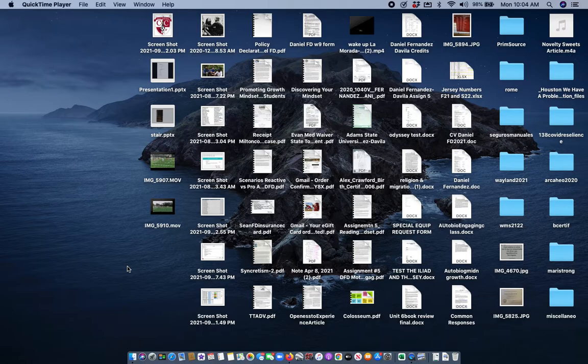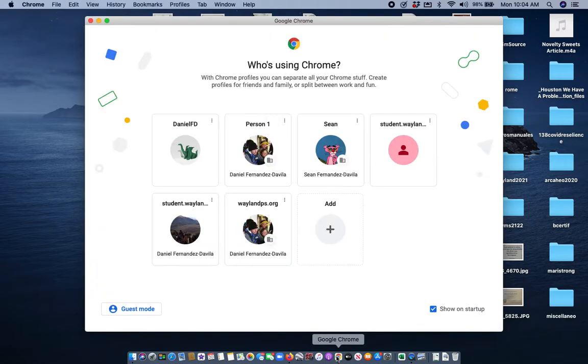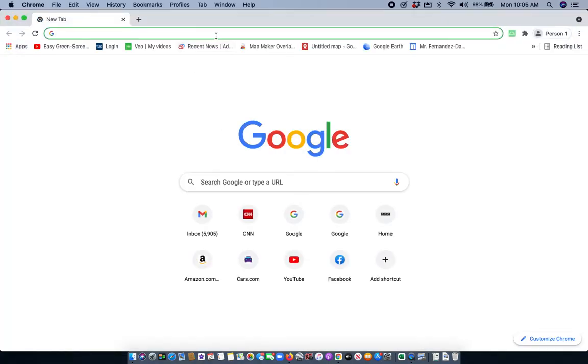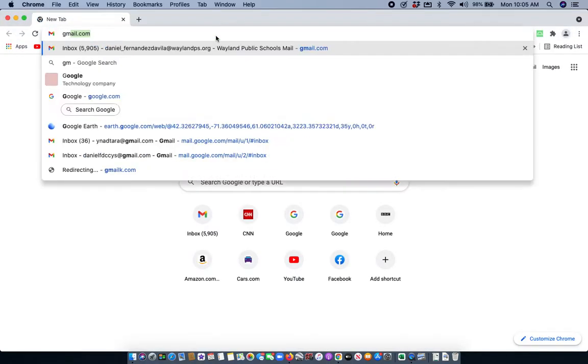I'm going to show you how to create a Google map to keep your points when you do weekly theme practice. The first thing that you need to do is open your Google Chrome, and then here you can open your account, and then if you go to your Gmail account,